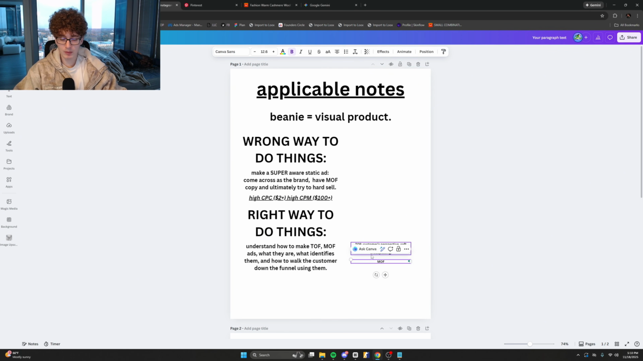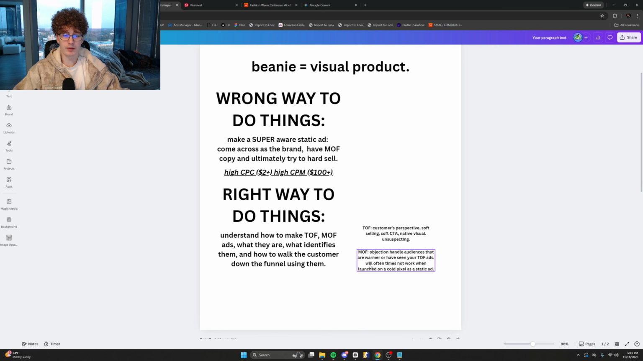But let me break it down. So middle funnel, these ads are meant to objection handle. Objection handle, I don't want to say customers, because that insinuates they bought from you. Audiences that are warmer or have seen your top of funnel ads will oftentimes not work when launched on a cold pixel as a static ad. Videos are a bit different. I'm talking about static ads here. So it's important to know what these mean and why this doesn't work all the time, even though these are